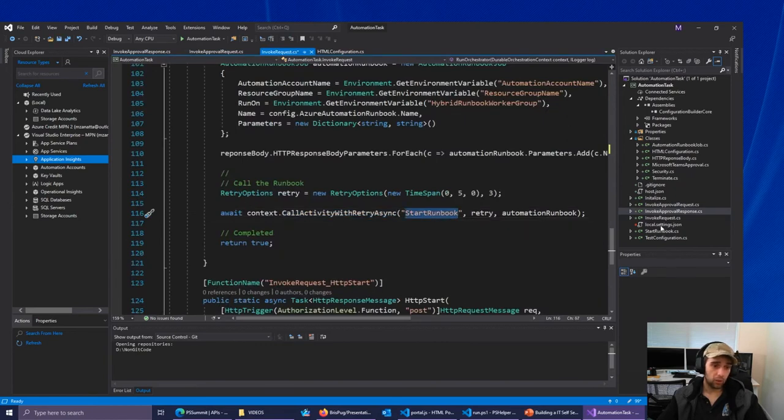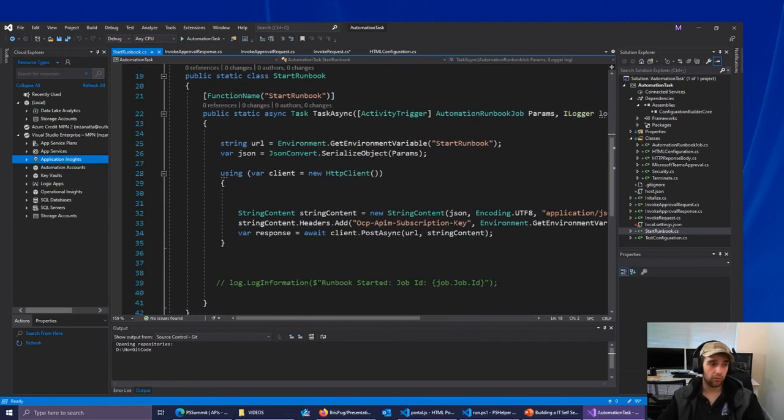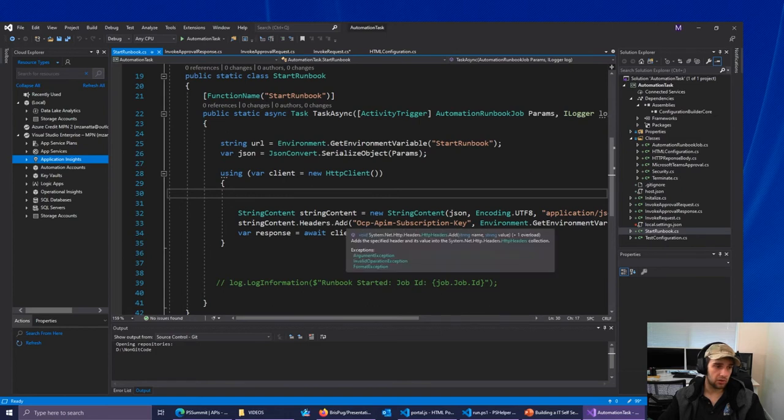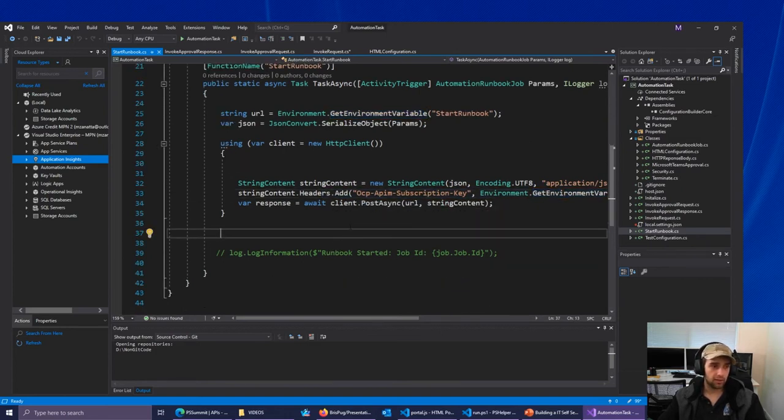So again, we're going to call the start runbook. And again, this is going to call the helper. So it's actually just going to fob off a REST request to the helper. You can see here, we're going to pull the URL from the environmental variables. We're going to serialize our parameters, which is just that specific class. Once we've done that, it's just a generic HTTP request. Obviously, put some headers in there, post the request. That's it. There's not really much else to do. The PowerShell helper will then take that data and go ahead and start the